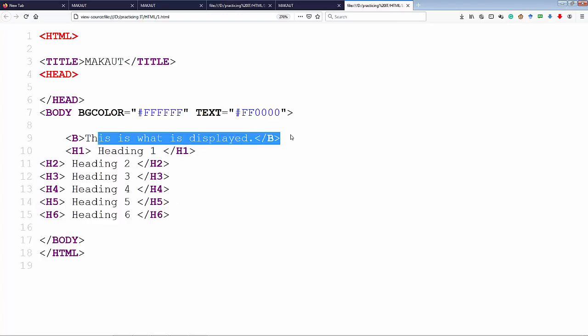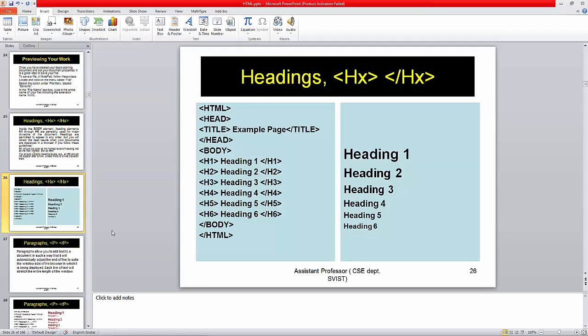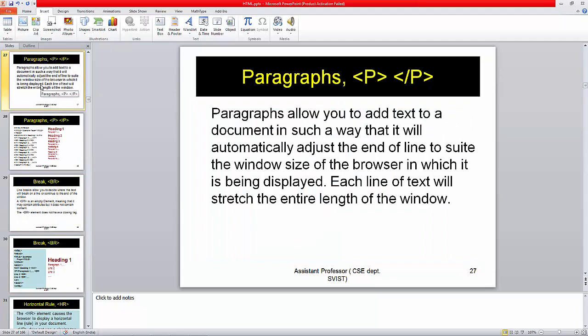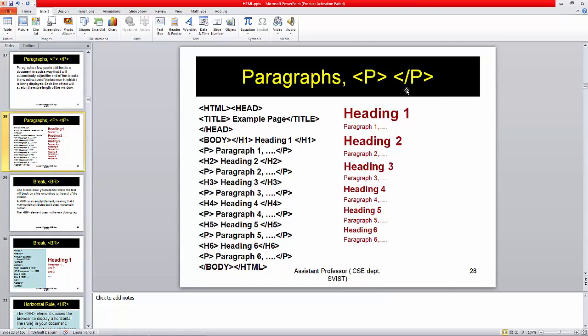Let there be some more things, that is bold. In bold I have written what has to be displayed, which we have seen beforehand also. And here is another term, that one is a paragraph. Paragraph means just as we write a paragraph in words, or what we write during an essay or a paper, the paragraph that is enclosed within the P and closing P tag. That has been explained here also. The paragraph heading along with the paragraph has been shown on the right hand side.